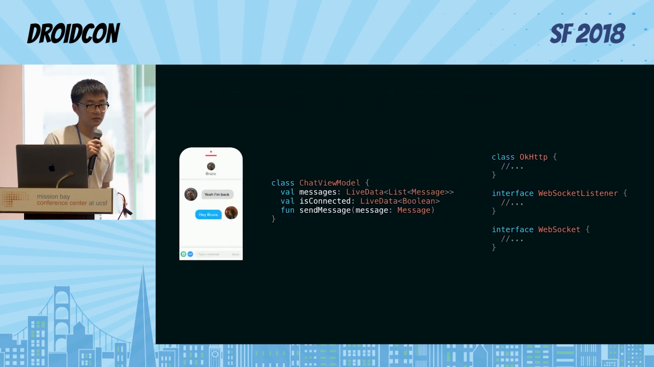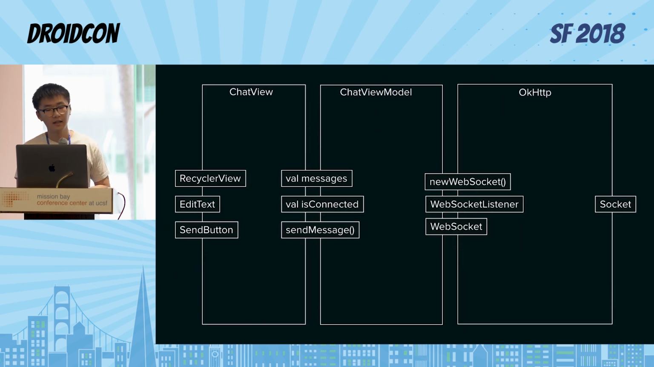Now that we have a view model and OkHttp, let's see how they interact with each other. Here's the data flow diagram that represents the chat view and what's happening behind it. On the left, we have the UI, and on the right, we have the network. Let's see what happens when the view is attached to the view hierarchy. The view model will try to open a WebSocket connection using OkHttp. And after the connection is open,